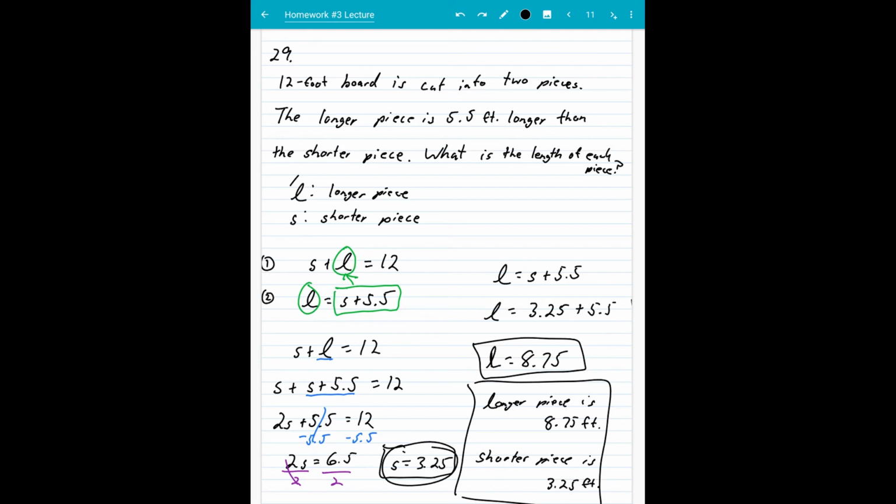All right, so the last thing for the homework is talking about commission. So let's look at number 31 on your homework. For my numbers, they might be a little different than the ones that you come up with, but they will be similar. Here it says a saleswoman at a car dealership earns